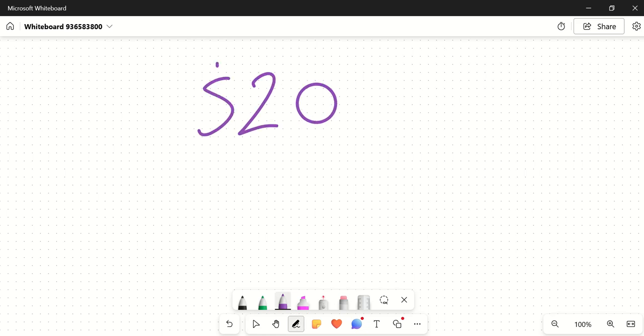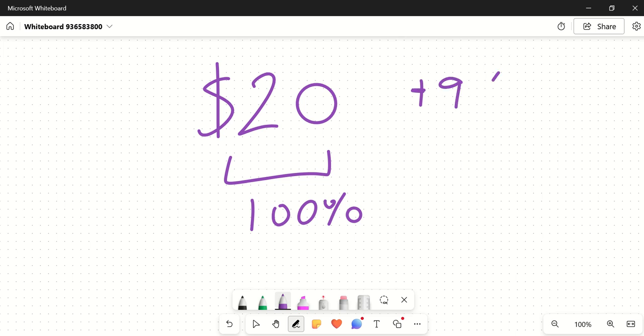Okay? There's an easier method on how to do this, and that is when you take the entire price. So me paying $20 for the price is me paying 100% for that item. There's no discount, there's no markdown, there's no anything like that. I'm paying full price, it's 100%. When you pay taxes on top of it, that's an extra percentage of the price. In our town, it's 9% sales tax. So basically what I'm paying is 109%